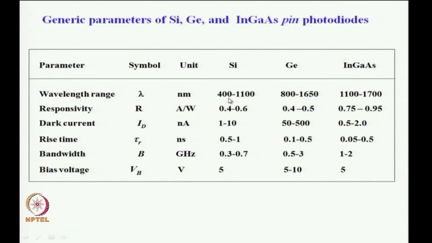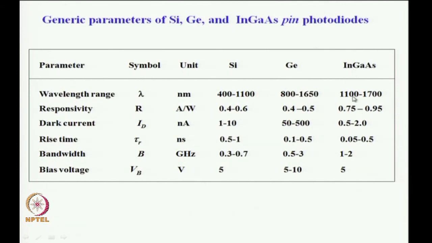Silicon is around 400 to 1100. We have discussed this in detail; this is primarily because of eta, the quantum efficiency of the detector. Germanium has a smaller band gap, and therefore it is a useful detector in the range 800 to 1650 or maybe 1700, whereas